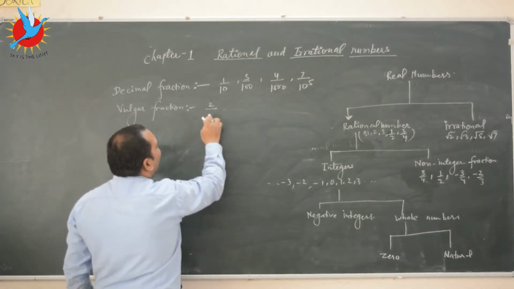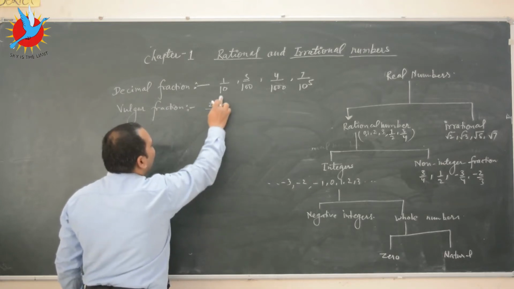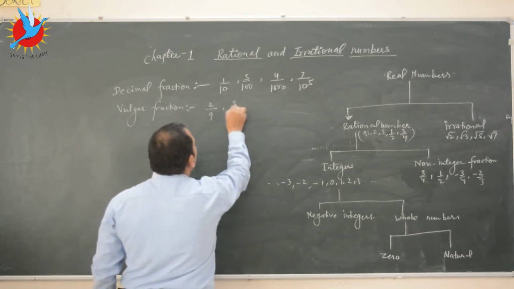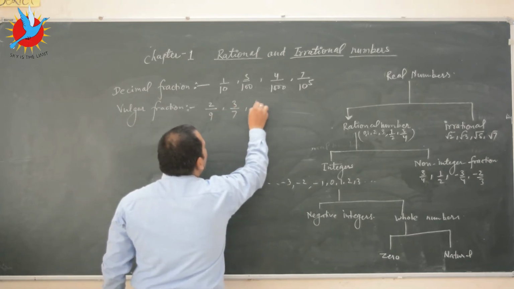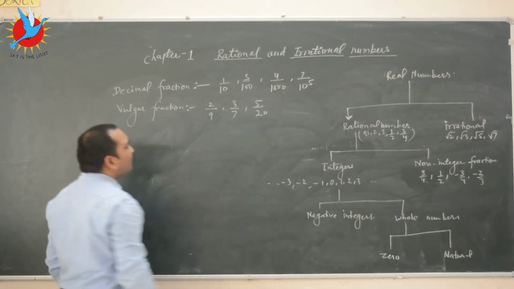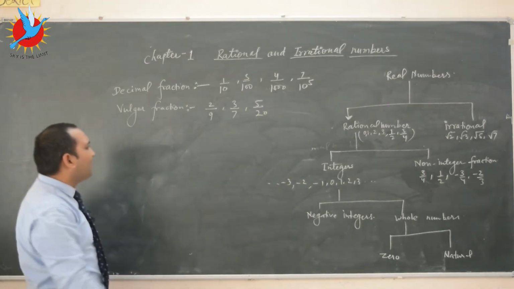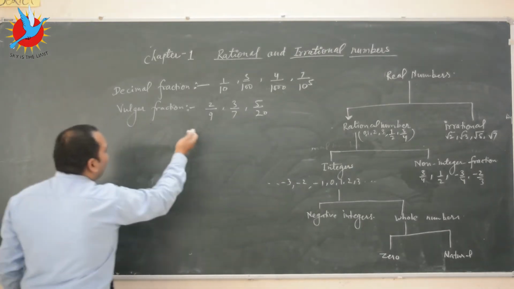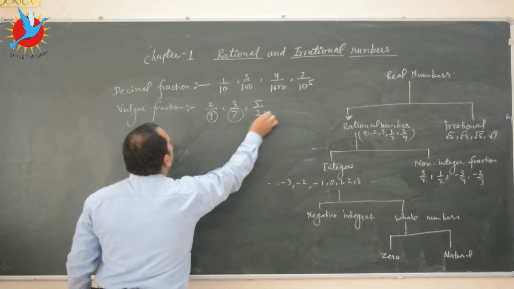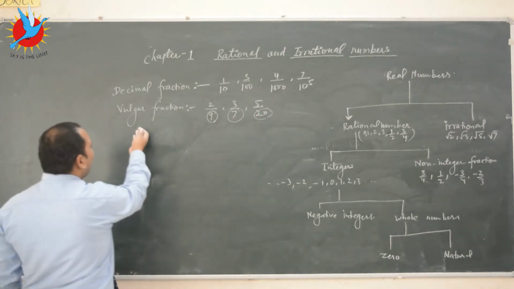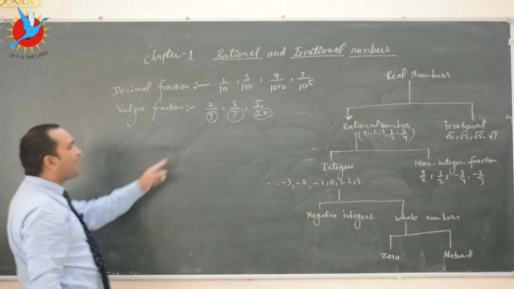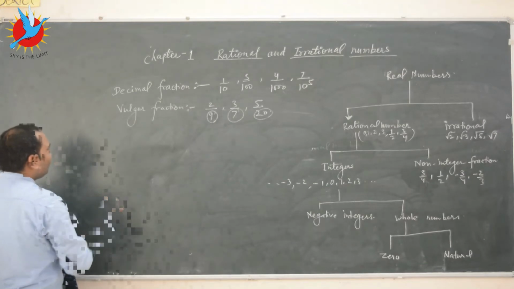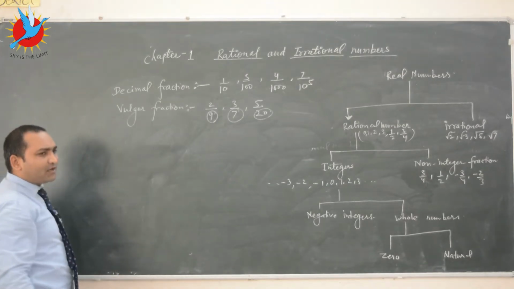not a power of 10, besides 10, for example 2 upon 9, 3 upon 7, and 5 upon 20. These are vulgar fractions, because the denominators are not 10 or a power of 10. So we can say a vulgar fraction is one whose denominator is not in the form of 10 or a power of 10. How can we represent